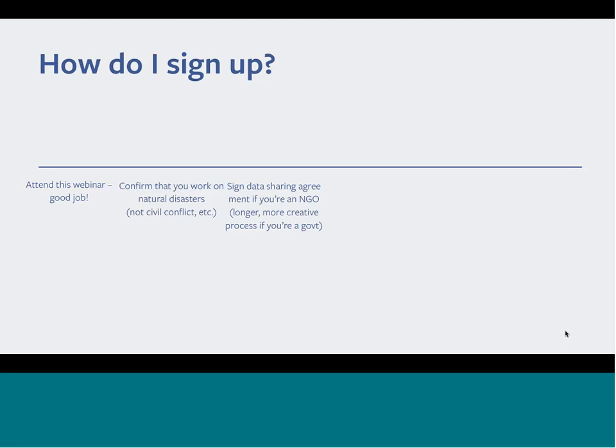One caveat here is also to mention that our data sharing agreement is something that's set up for nonprofits to share, to sign, out of the box. If you're a member of a public sector agency, like a government agency at a state level or a city level, that does require a slightly more long-term creative process because typically we have to develop MOUs with those organizations. So feel free to follow up with me and Gabby after the webinar if you are a member of one of those organizations, and we may need to have a slightly longer conversation about how to sign you up to